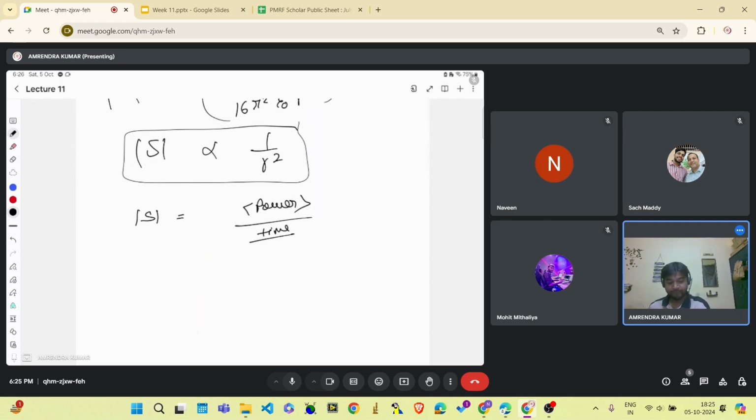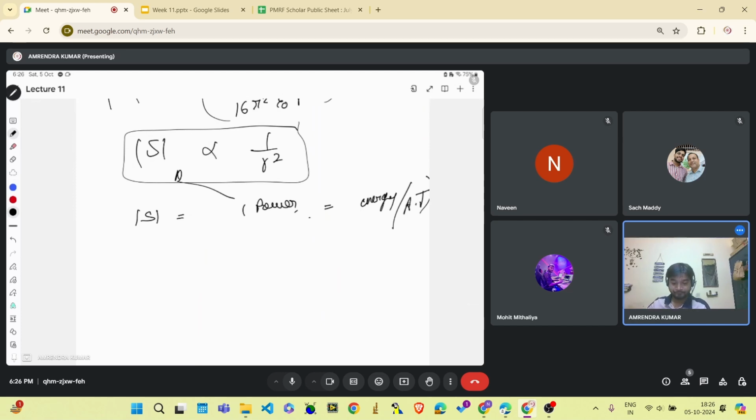This is per unit area here. Sorry, power is energy per unit area per unit time. So this is the power. So power is given by this,